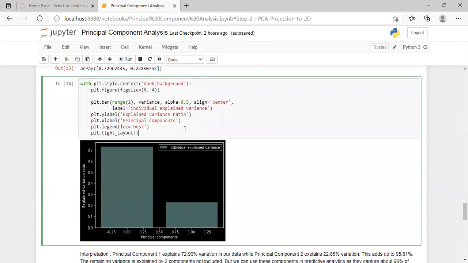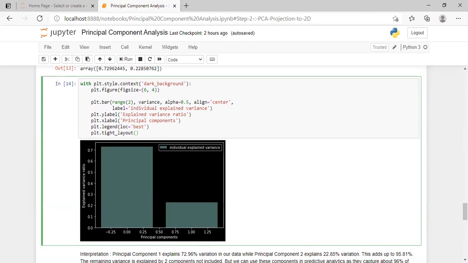And when we plot this, I have made a decent plot over here with some plotting techniques, and I'm labeling all of the data. As you can see, on the x-axis there are principal components, and on the y-axis we have the explained variance ratio.